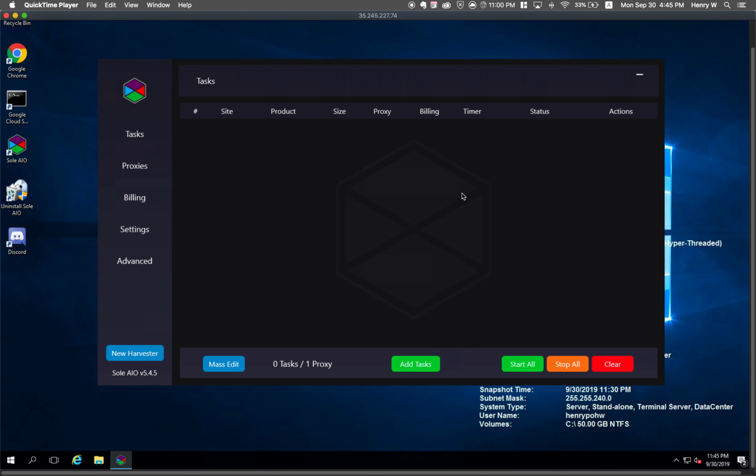So some things we're going to cover today include adding Shopify, Adidas, Foot Locker, and Supreme tasks, adding and testing proxies, using a captcha harvester for Shopify, using a cookie harvester for Foot Locker, send delays and mass editing, and logging into user accounts. So before we create some tasks, we gotta set the proxies and create the billing address